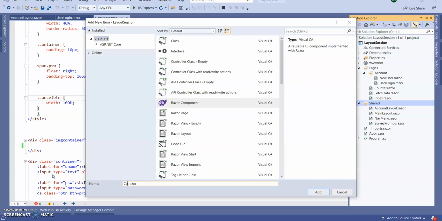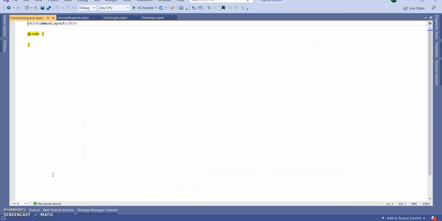Let's say common layout, and this common layout also inherits LayoutComponentBase. Next, the layout will be account layout, right?